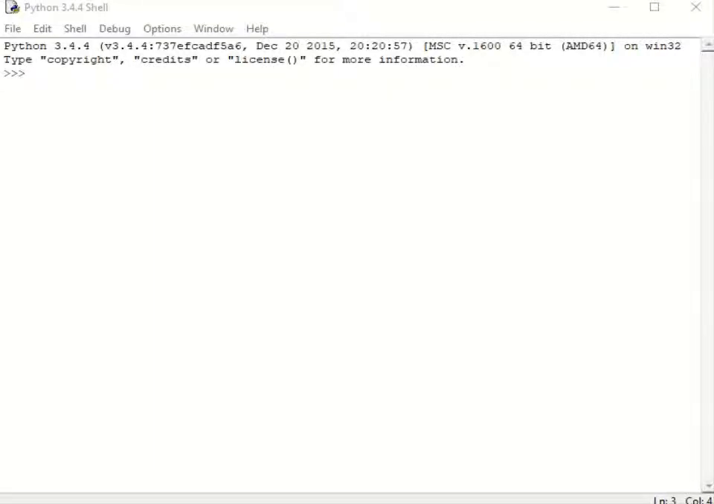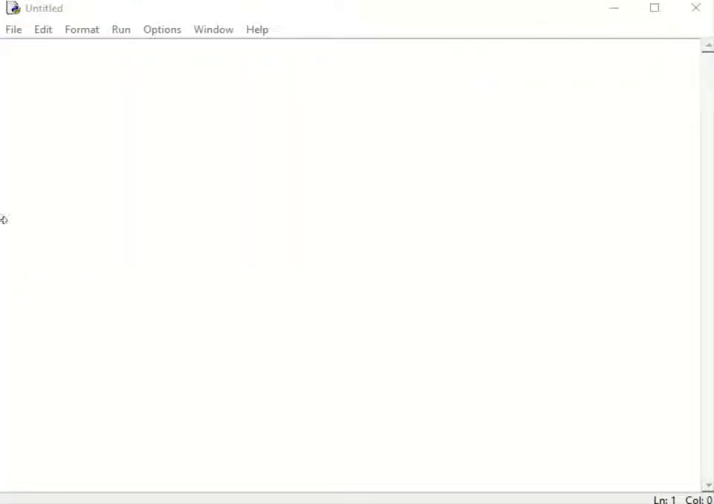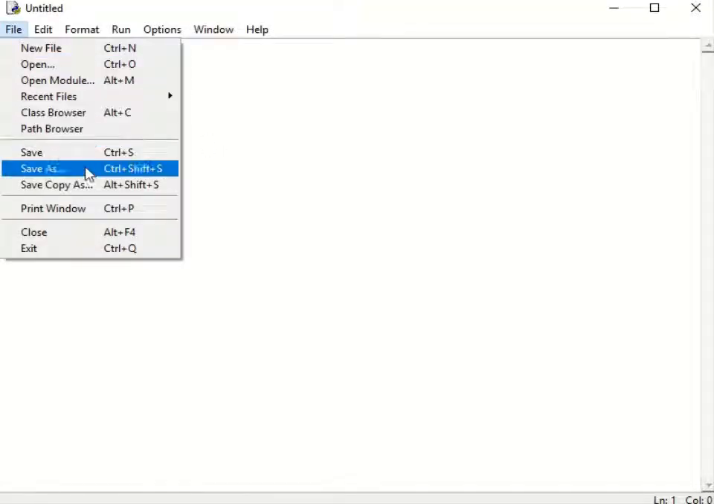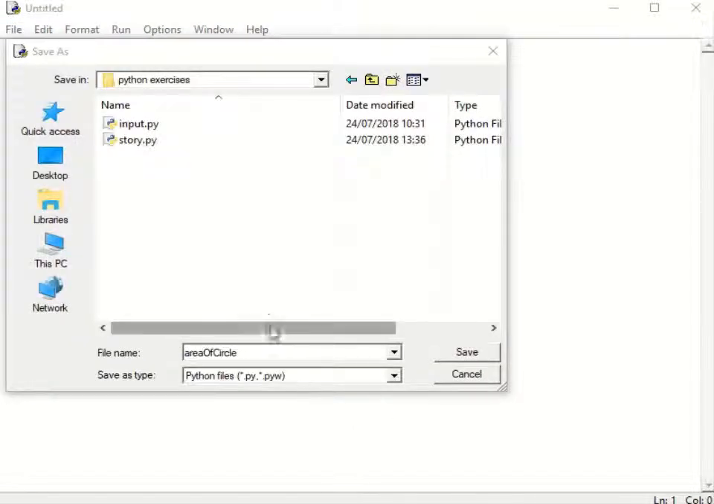We're going to start off by creating a program to find out the area of a circle using the radius. I'm going to start off by clicking on File and then click New. At the moment we have an untitled and unsaved document which I'd like to save. So I'm going to click on File and then Save As. I'm going to call mine Area of Circle and I've saved it in my place, and I'm going to click